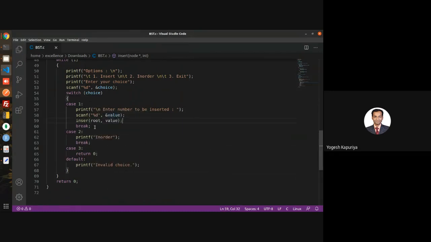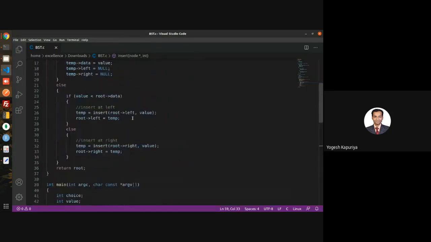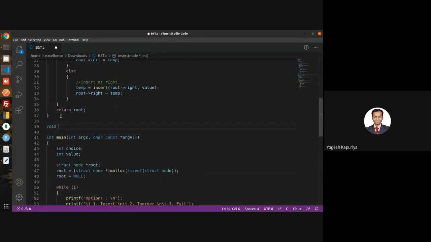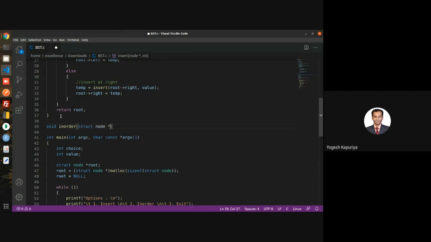But remember, we cannot check yet whether our insert function is working correctly, because we require traversal for that. Traversal can only give us the idea about what tree we are building. So let's write the traversal function. Any traversal function requires the node.